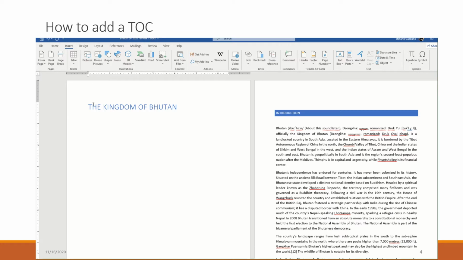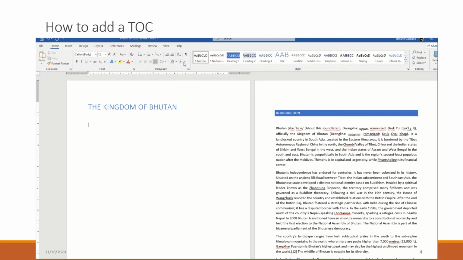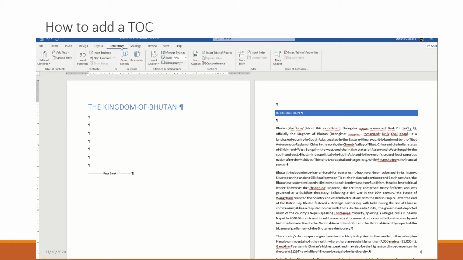How much free space we have here we can check using the show hide toggle switch, which I mentioned earlier in this class. Clicking here, I see the control elements of the panel. I see the page break and I see how many lines I have free in this first page of the document. Now here, going to the References tab, References there, Table of Contents,